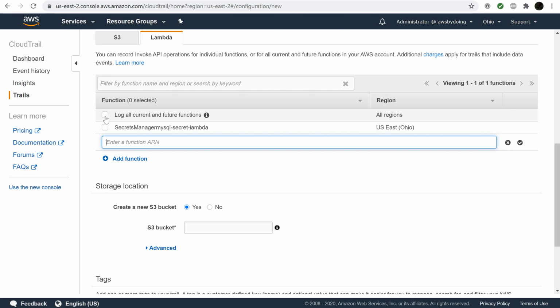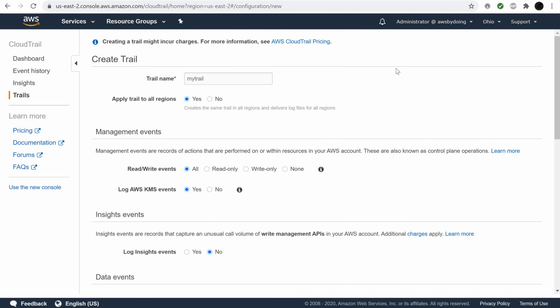To log data events for all Lambda functions in your AWS account, select Log All Current and Future Functions. This setting takes precedence over individual settings you configure for individual functions. All functions are logged, even if all functions are not displayed. If you are creating a trail for all regions, this selection enables data event logging for all functions currently in